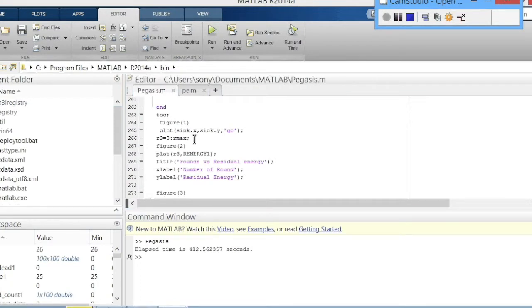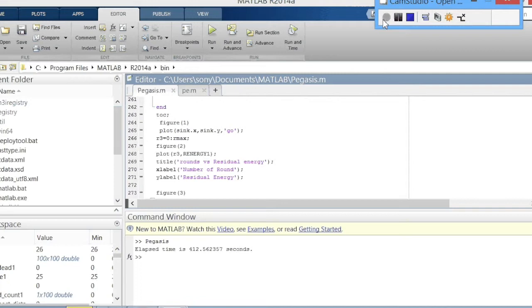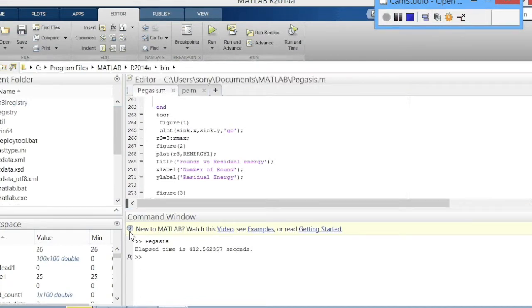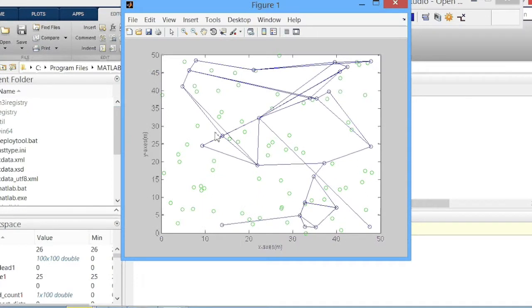Accordingly, we plotted graphs for the residual energy that has been calculated, the normalized energy that has been calculated, and the alive nodes and dead nodes that are present in the network against the number of rounds. The number of rounds means how many times the entire simulation is running. So we have taken around 5000 rounds and plotted graphs for every parameter that we have used. Now when you run this program, we get the following graphs. These are the graphs that are generated.